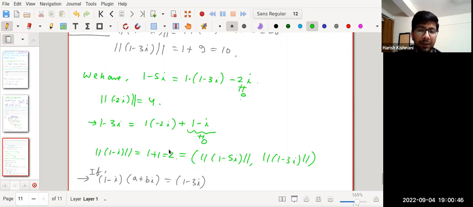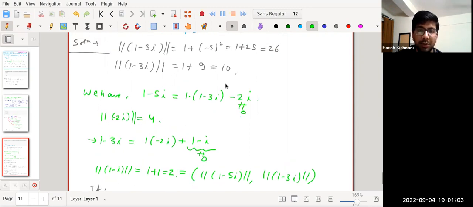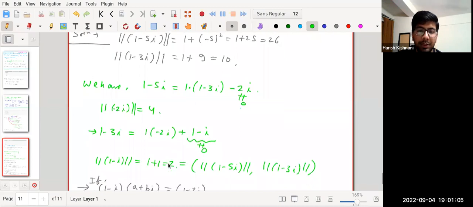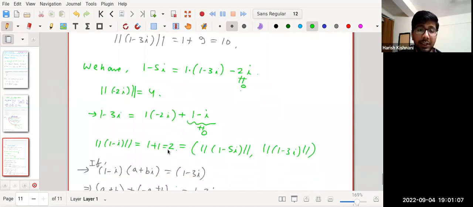If it doesn't work, then we would have continued the process. But here we will try to see if we can explicitly divide, if 1 minus i explicitly divides 1 minus 5i or 1 minus 3i. Because 2 is the GCD of their individual norms, any element with the GCD having 2 is a good candidate